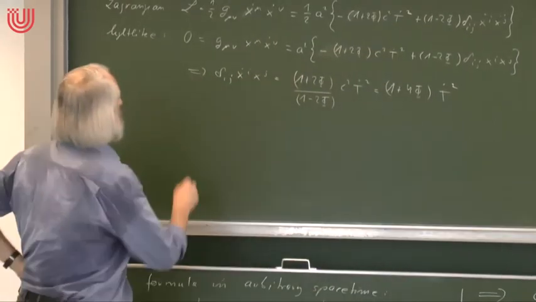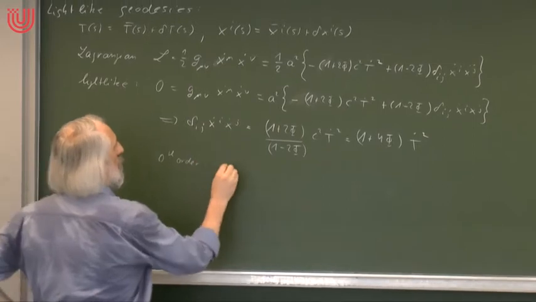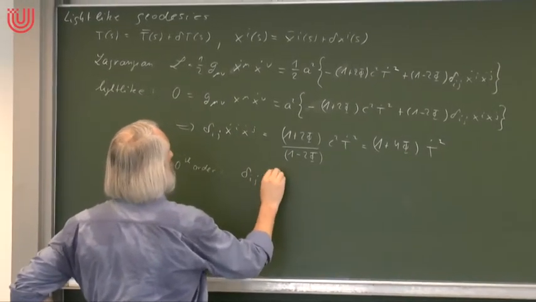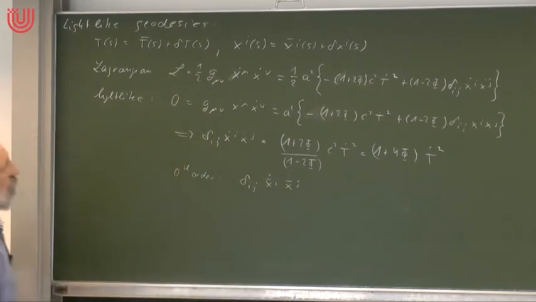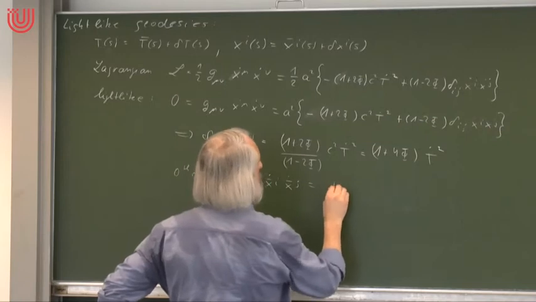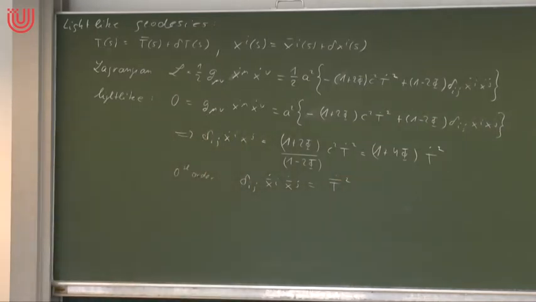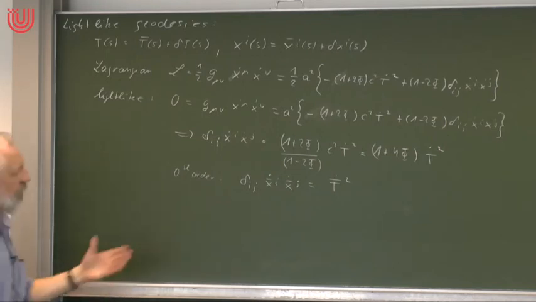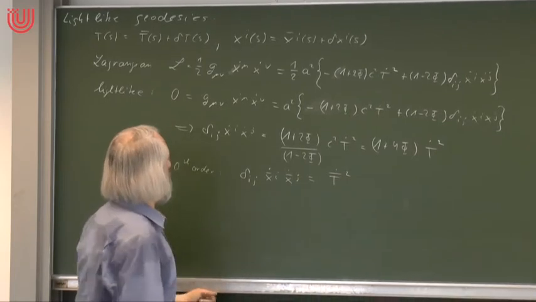So in zeroth order, I have delta ij xi dot xj dot. That's the zeroth order on the left-hand side, and on the right-hand side, I have a bar t dot squared. That's the condition that I have a light-like curve on the background space-time. And in first order,